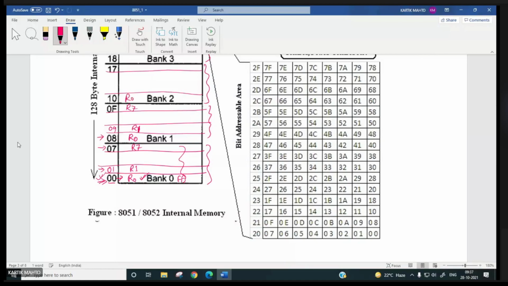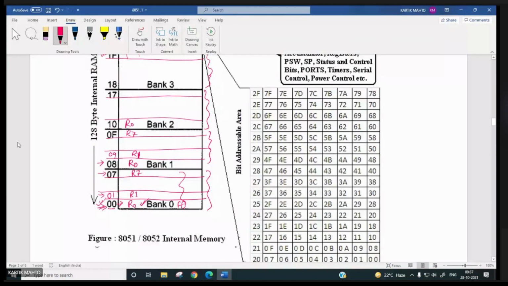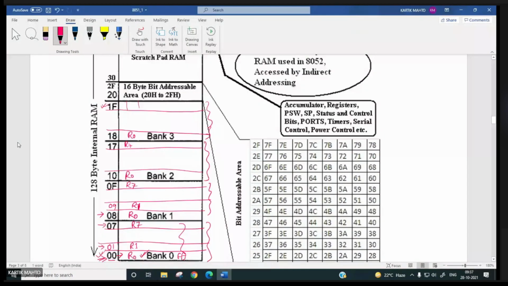Similarly, this will be R0 of register bank 2, and this will be R7. Similarly, R0 of register bank 3, and this will be R7. So we have 4 register banks, each having 8 registers, R0 to R7.